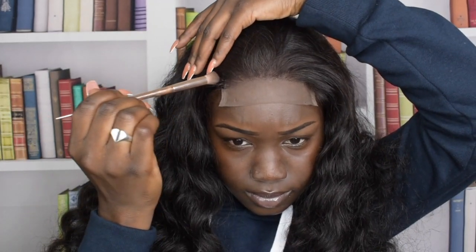So I always put the wig on looking all crazy just to show you guys a before and after because I be finessing these sometimes. It all depends on your mood. I'm pretty sure y'all see that by now. I put some powder on the lace, but it wasn't dark enough clearly, so I'm just gonna go back in and